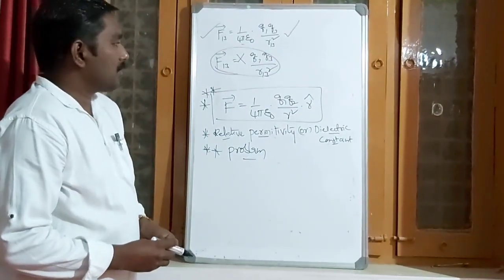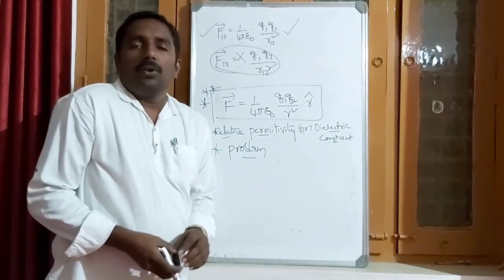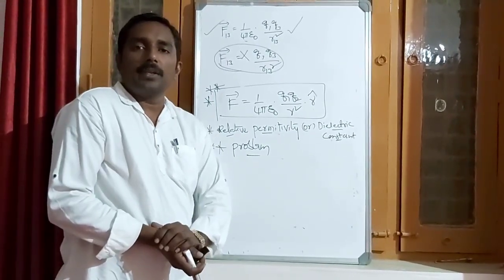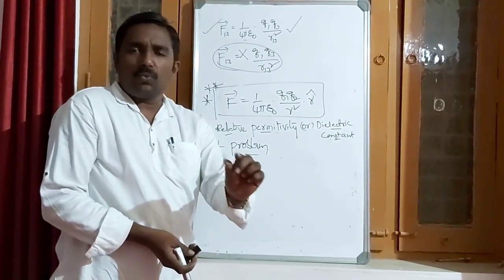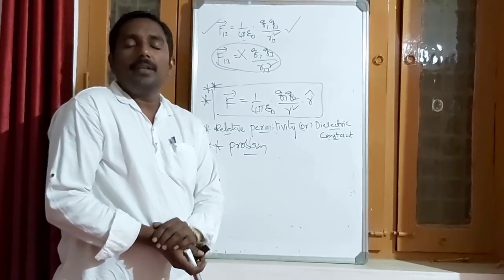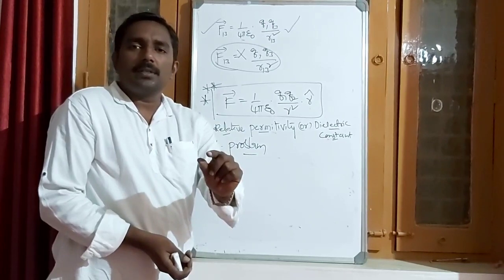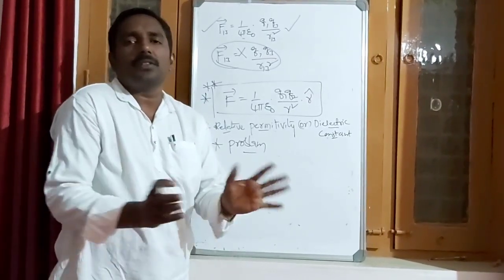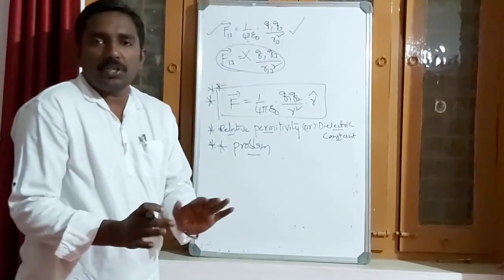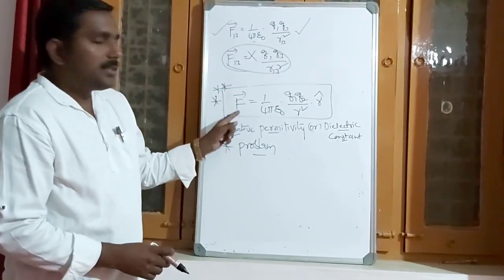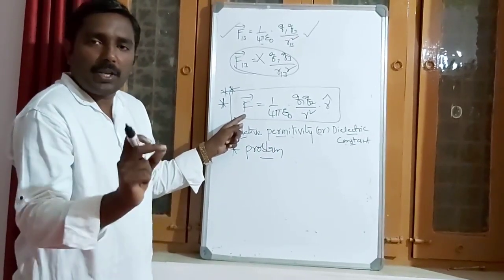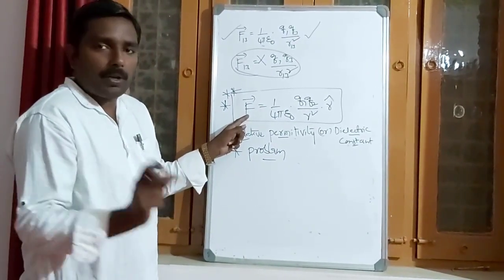Small correction. Okay, students, in this session the most important one is Coulomb's law in vector form. This is just one more question. From the examination point of view, just mention the Coulomb's law in vector form. Explanation not required, students. Only mention the Coulomb's law. It is for 1 mark. Very important 1 mark question.